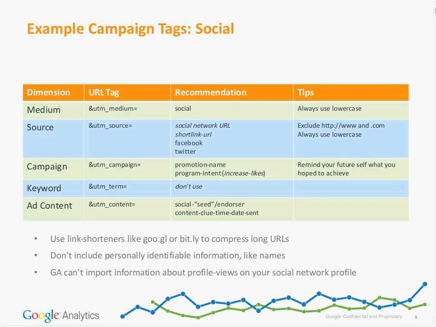So some of the things that I recommend entering into the ad content parameter would be, are you giving this shortened link to a specific social seed or endorser? Is there a person or set of persons who you hope to spread the message? Can you give some clue about the call to action you put, if there was one, in the social message? You enter in the time and the date that you sent the message, so that you'll know the lifespan of a certain